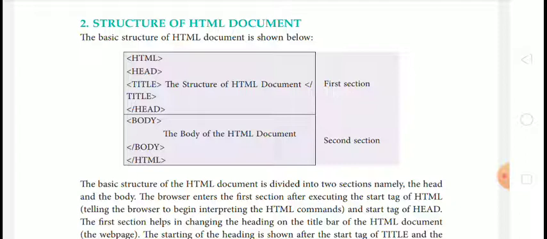After typing the text in the body tag, you have to close it, so we will use the /body tag. Then we will close the HTML tag, so we will write the /HTML tag. When we run this page, the body of the HTML document will be displayed on your web page. So this was the structure of an HTML document.